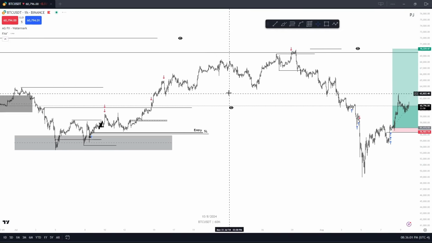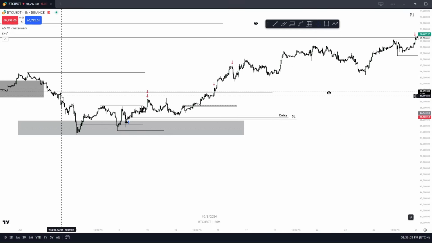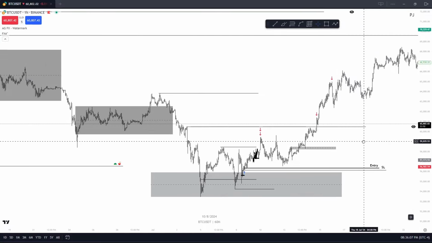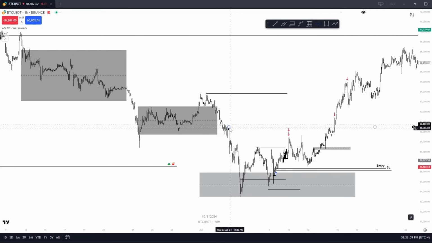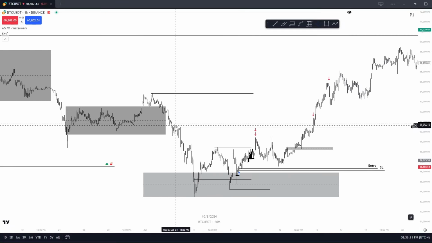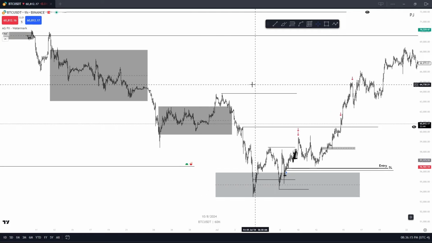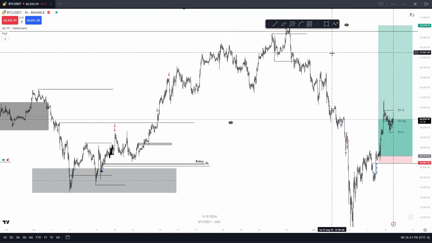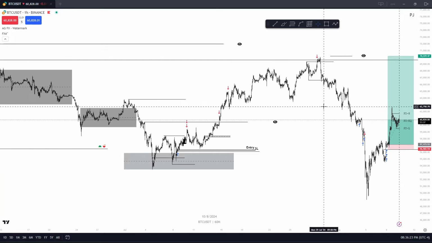Right, and we see we held that one to our range high here with our market maker model on the 1 hour, and even that is just the low-hanging fruit. I wasn't really worried about these highs because I knew I would hold past these, and then right into this line here with our weekly rejection block, and we see a sharp decline afterwards into more